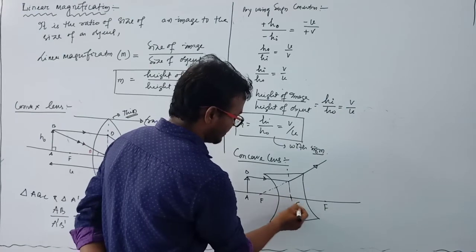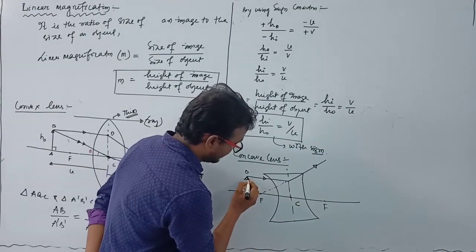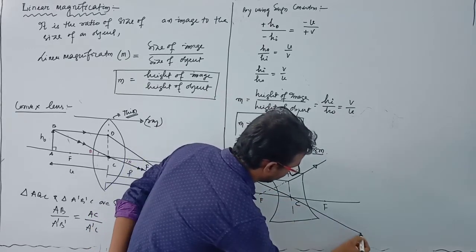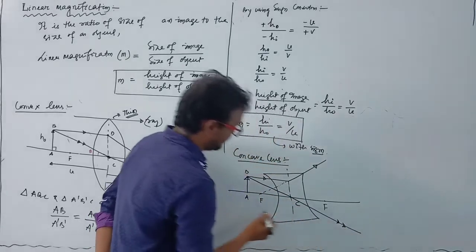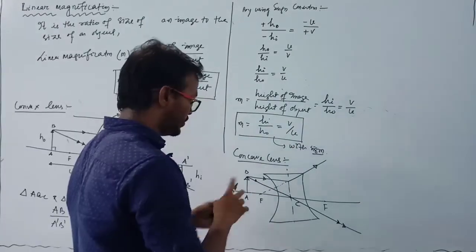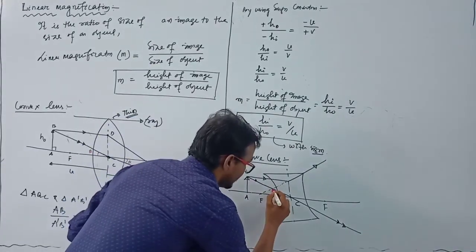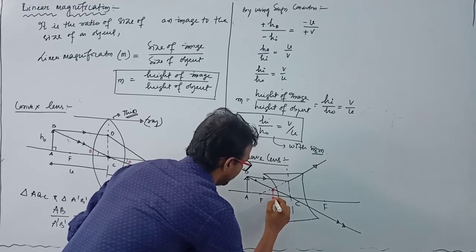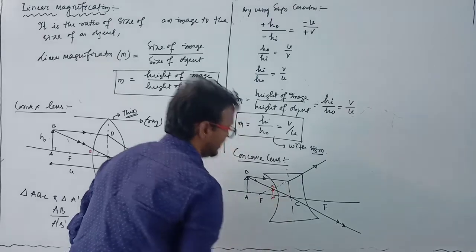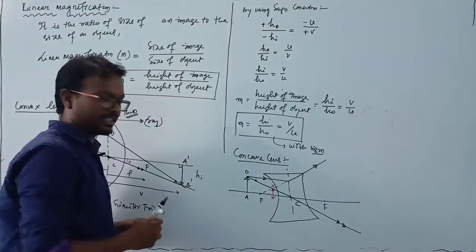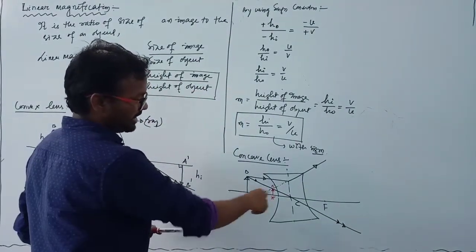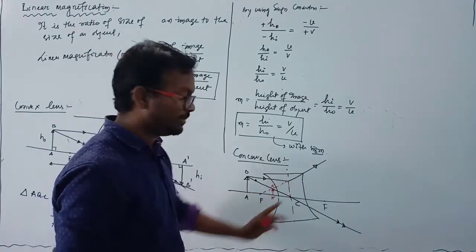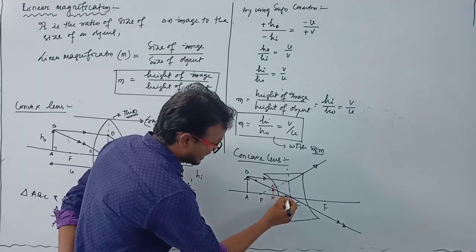Similarly this point is optical center C. If we take another ray which passes through optical center, it passes on undeviated, and here we get the final image. This is the final image and this is virtual. Clear? And this image is A dash, and here this point is B dash, and this is the final image which is virtual and erect, and we get a diminished image by using concave lens. Clear? Suppose this angle is theta.